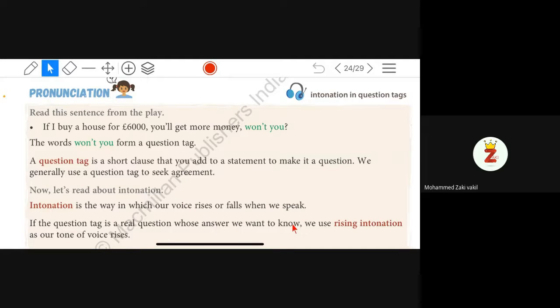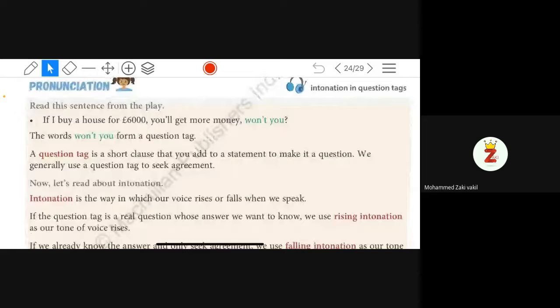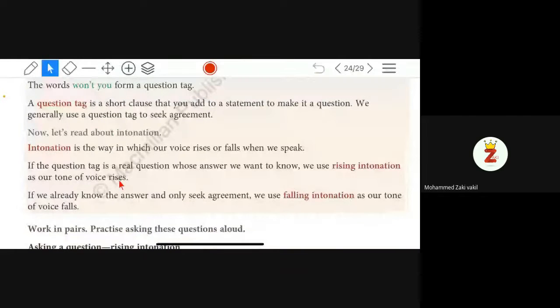If the question tag is a real question whose answer we want to know, we use rising intonation, or our tone of voice rises. If you really don't know the answer, if you really want to ask the question, then you will raise your voice. If we already know the answer and only seek agreement, we use falling intonation, as our tone of voice falls. When you already know the answer of the question,